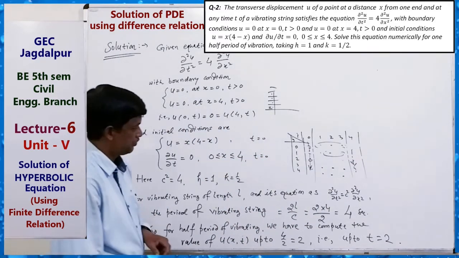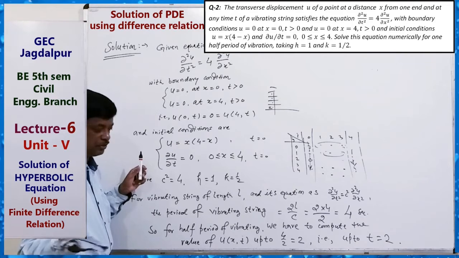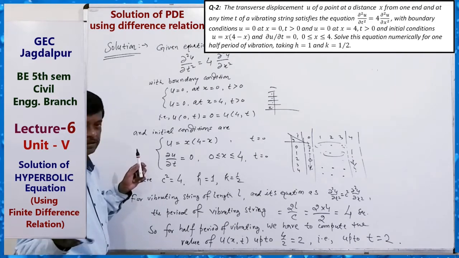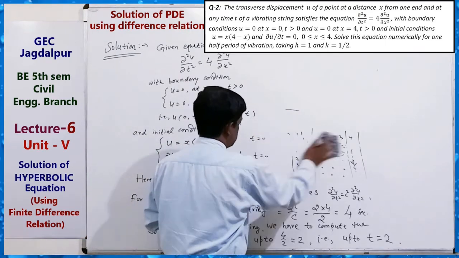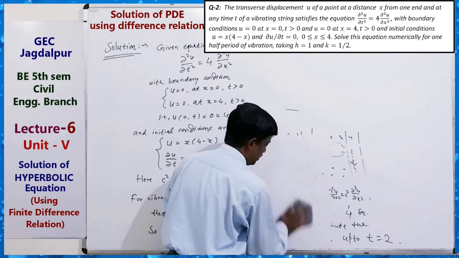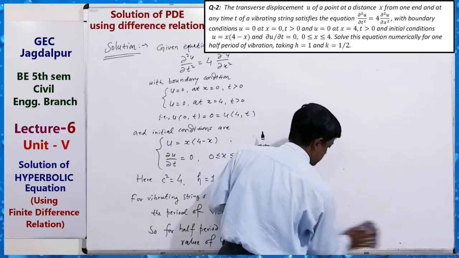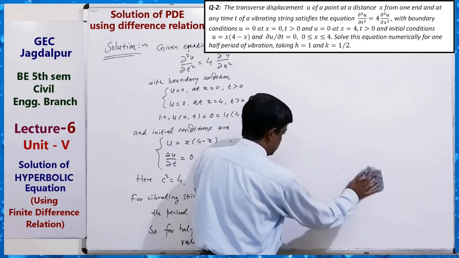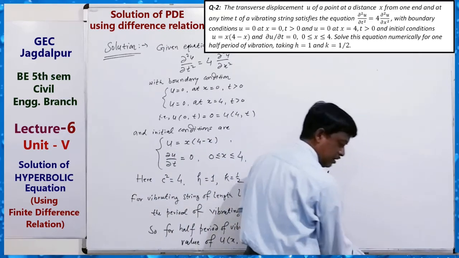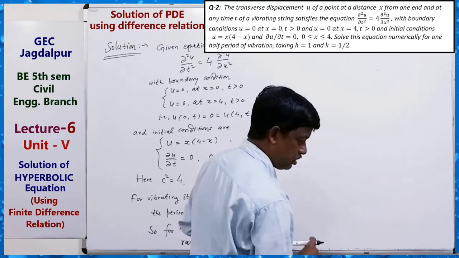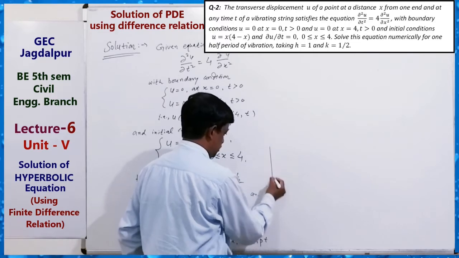Clear? So, we just understand what the format of our table will be. Just draw the table here and fill all the values of the function in the table. Our table has 5 by 5 rows and columns. Sorry, 1, 2, 3, 4, 5, 6 by 6, because it is like this.